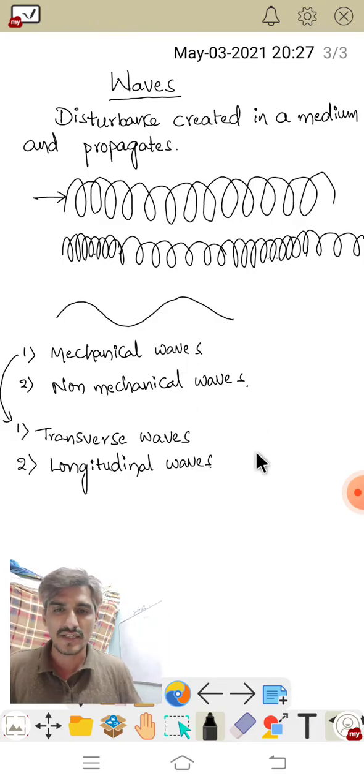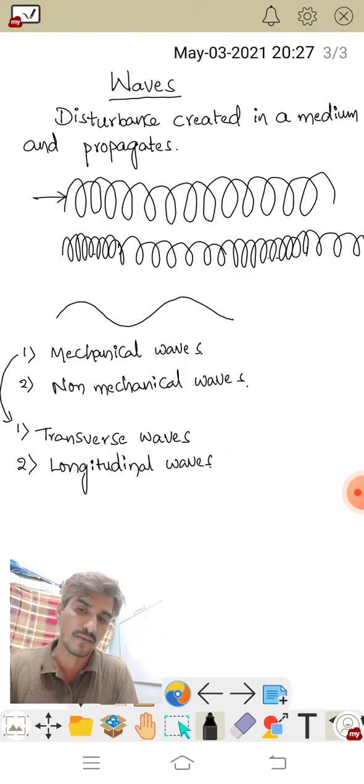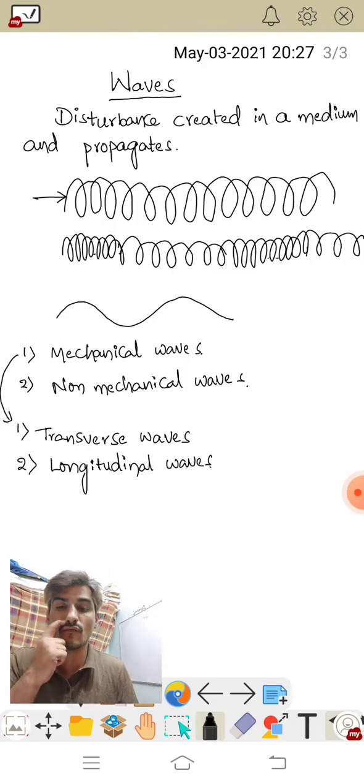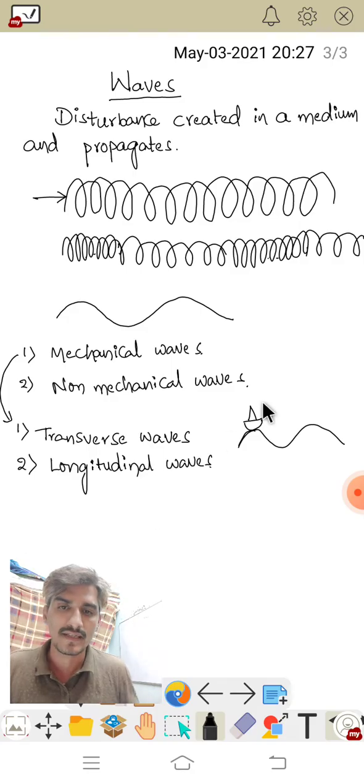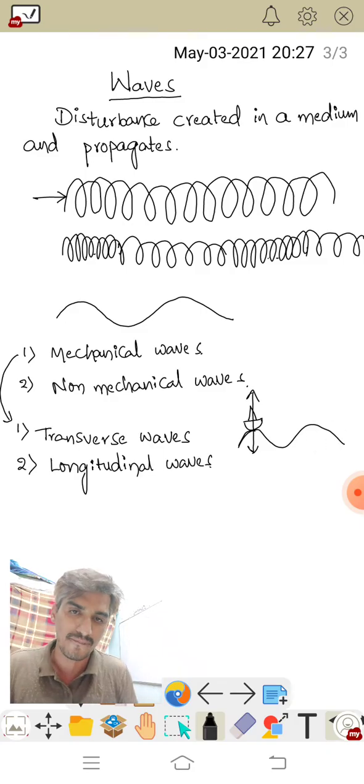Okay. So what are transverse waves? Oscillations of particles perpendicular to the direction of propagation of the wave are called transverse waves. We can see examples in water waves. While the water waves are going like this, if you put a small paper boat on it, this paper boat will oscillate up and down only. It doesn't go along with the wave. This paper boat will oscillate up and down.